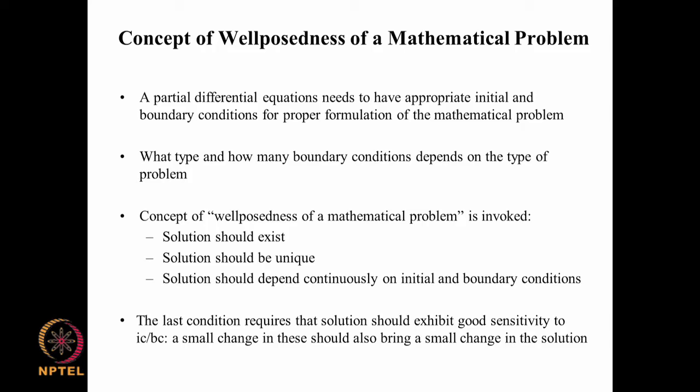The well-posedness has an intuitive sense, that is, there should be a solution to the mathematical problem that we are posing, and the solution not only should exist, it should be a unique solution, and thirdly, it should depend continuously on the initial and boundary conditions that we specify. So we are looking at the boundary conditions and initial conditions to make a difference to the solution that we get for the mathematical problem,